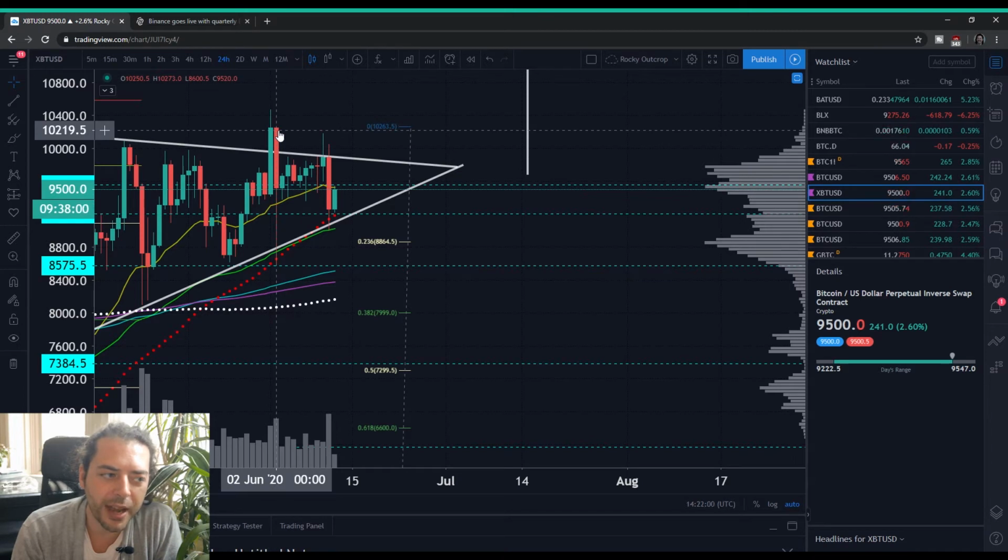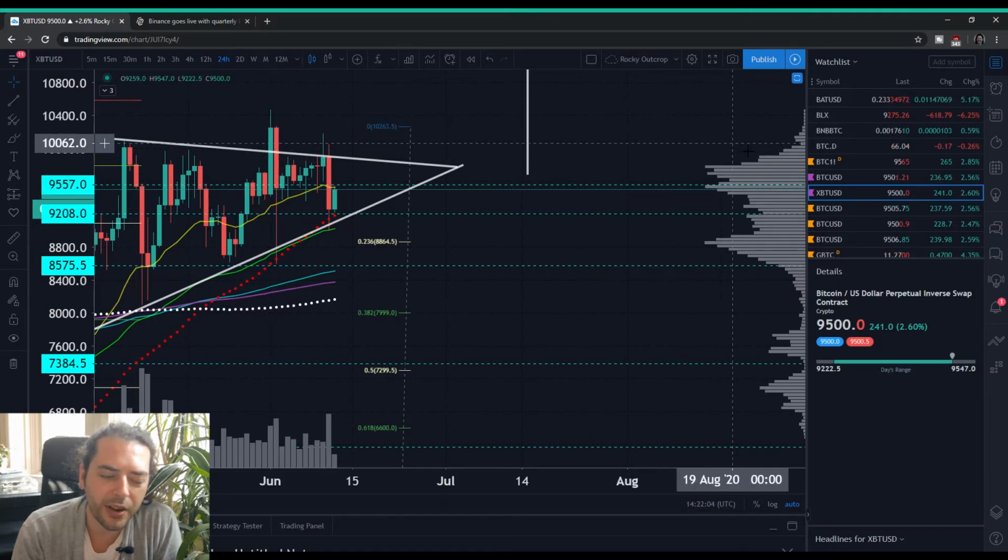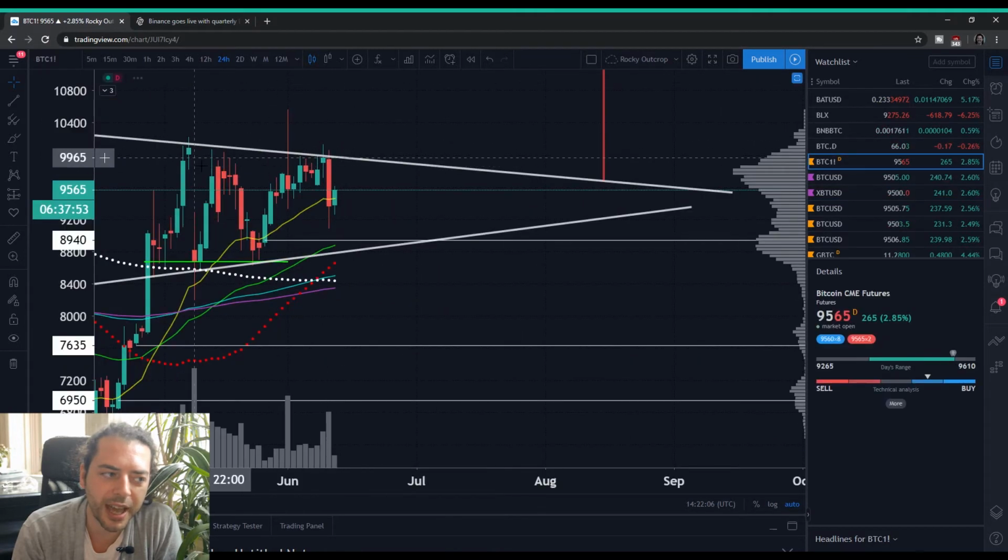And of course, the comparison that I was making there between this high and the previous one, which was higher on the spot prices, wasn't actually higher on the CME prices. You just had a wick up here, and you didn't actually have that close come in to make it the real deal. Which means, in a sense, the bearish case scenario, looking at the tops, is stronger on the CME charts, but the sideways case scenario is quite strong here, given where we are, and even a bearish movement